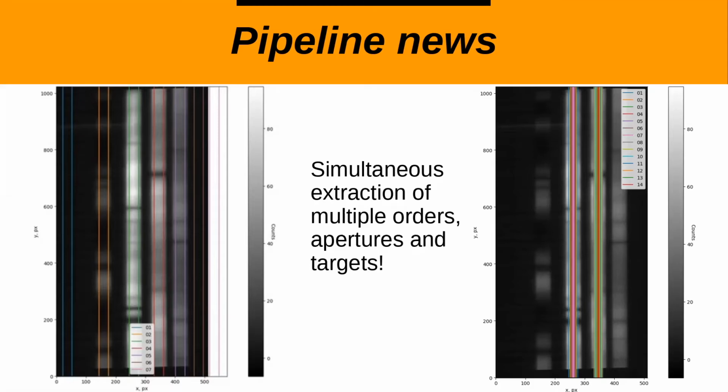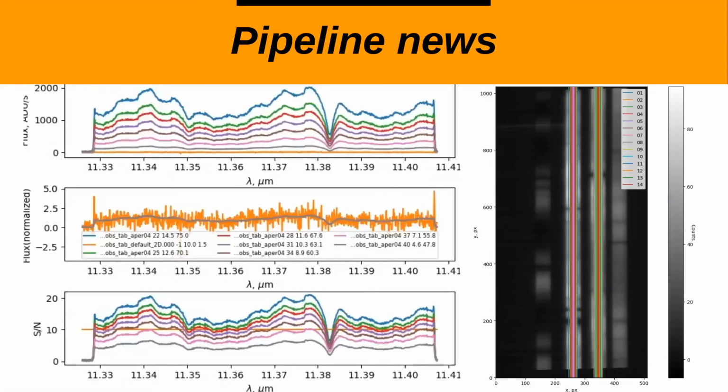On the right, you see multiple apertures within a particular order. I used aperture extraction here just to show you the effect on the final extracted spectra. Of course, the wider apertures have more signal, the narrower apertures have less signal. The wider apertures encompass the entire spectrum. The narrow apertures lose a lot of light, and therefore the signal to noise goes down.